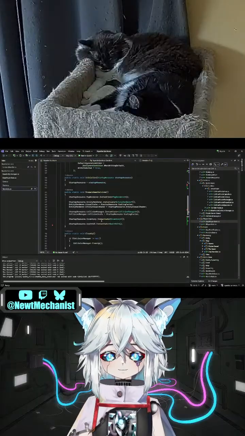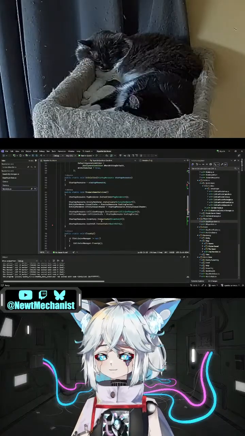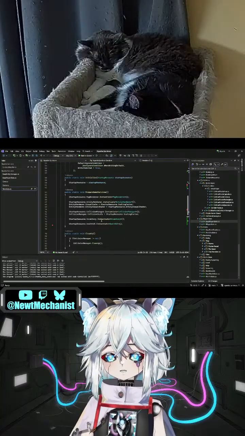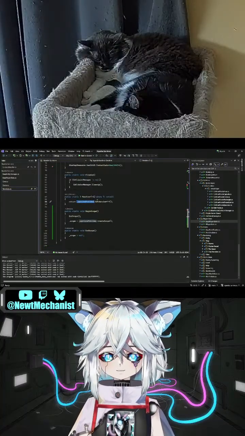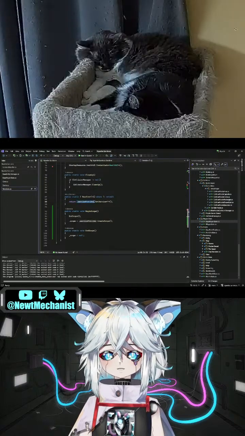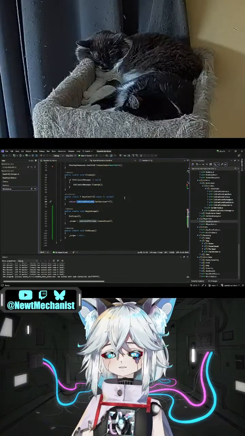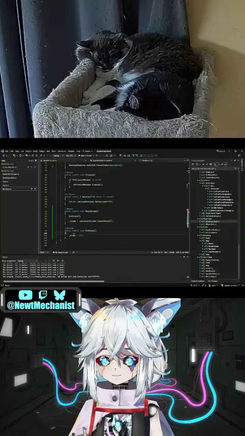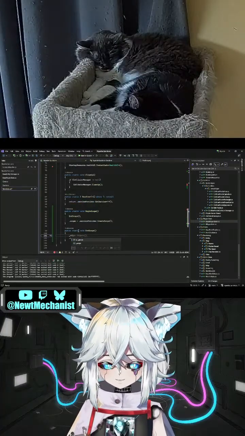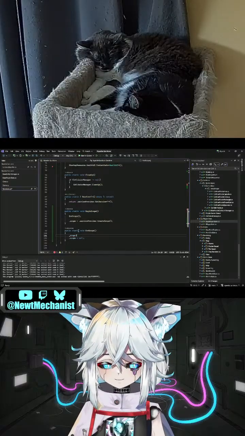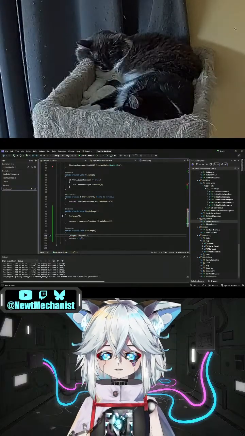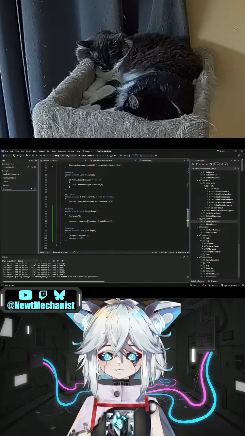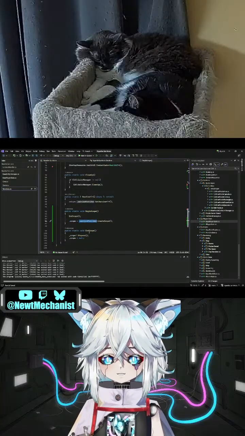So we need a pattern for that where when we resolve it, we want to get it from either the scoped one. So when this happens, this is great, but the scoped service provider